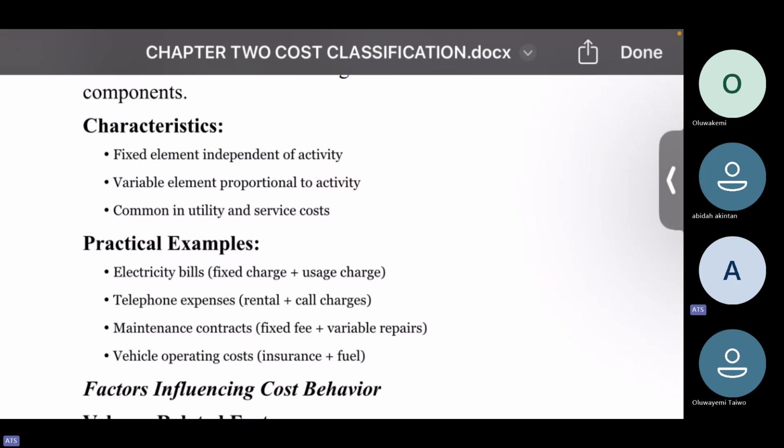Examples of mixed costs are electricity bills, for instance. There are times that your electricity bill comes in a way that no matter the amount of units you use, you always have to pay. There is a fixed charge. The fact that you're even just buying electricity, you have to pay a fixed charge. That's the fixed aspect of it. But after that fixed charge, say for instance it is 5,000, they'll now tell you that per unit is 100 naira. So you can now control from that 5,000 upward. But you know that no matter what, you are incurring that 5,000 on utility. Same as telephone expenses,